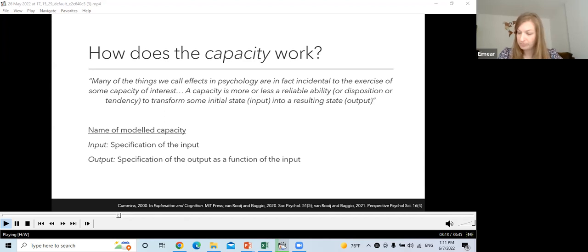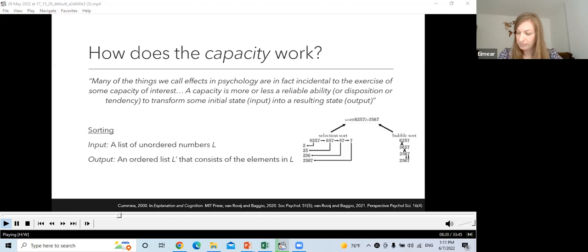Anyway, an example they give in their paper is something like the capacity to sort a number. The input in this capacity would be a list of unordered numbers, L. And the output would be an ordered list, L prime, that consists of the elements in L. So we have this function sorting an unordered list of numbers into an ordered list. This is the capacity that we're interested in.